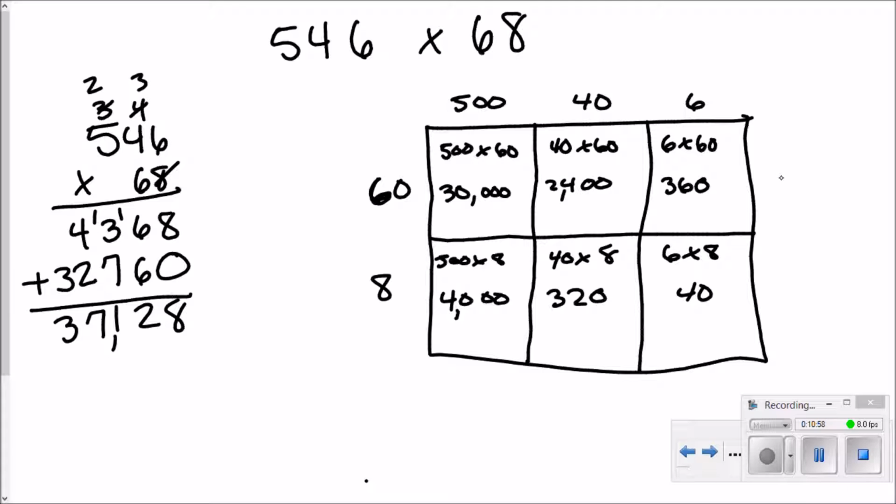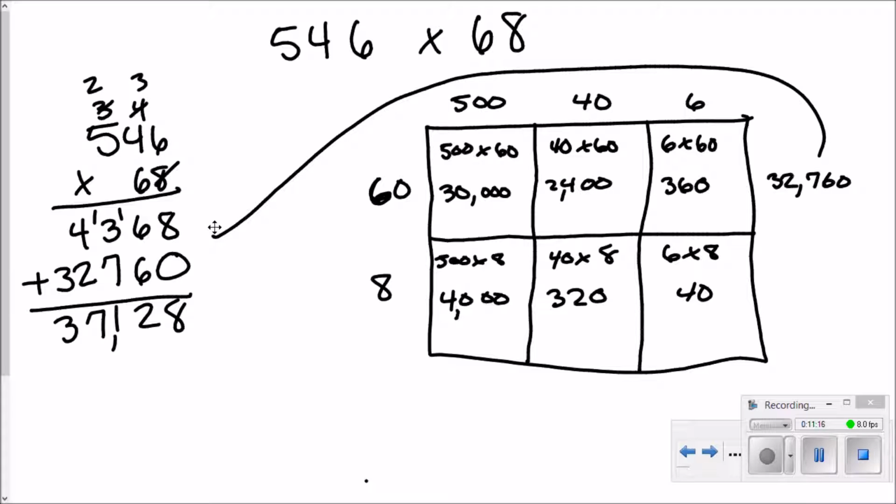So 30,000 plus 2,400 is going to be 32,400. And then we're going to add 360 to that. And we will have 32,760. Which, if you'll notice, that's that second product we multiplied by 60 in the standard algorithm. And then in the second row, we're going to have 4,000 plus 320, which is 4,320, plus 40 gives us 4,360. We find the sum of those two,